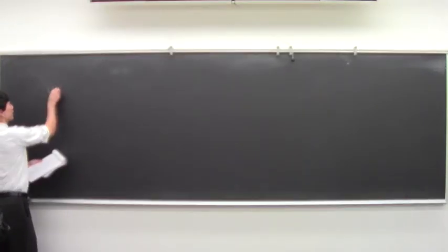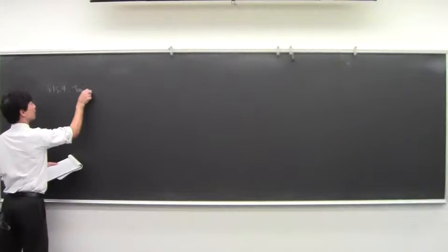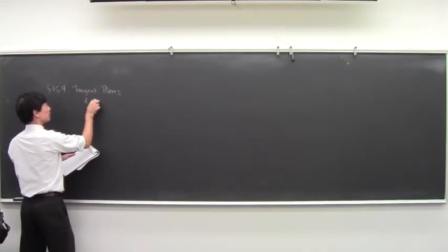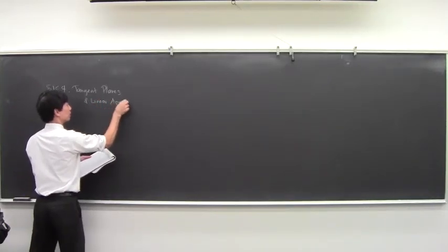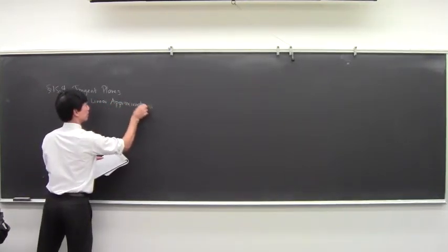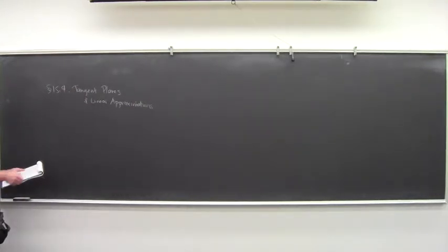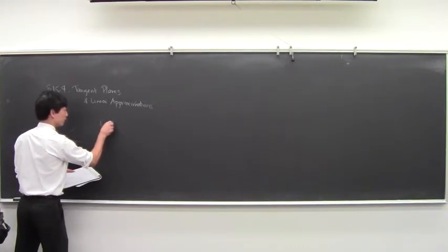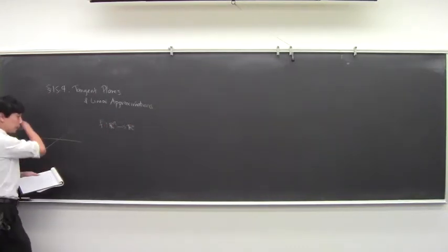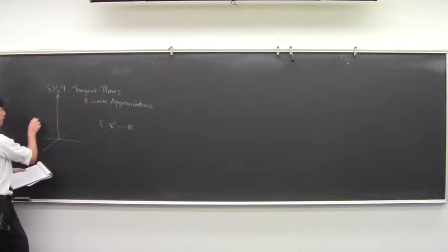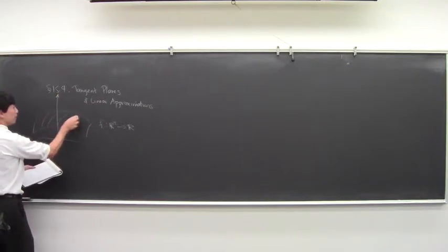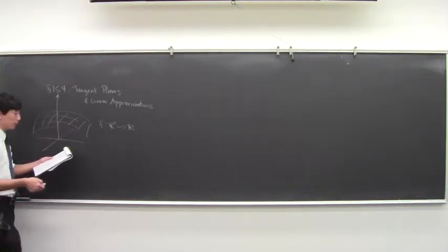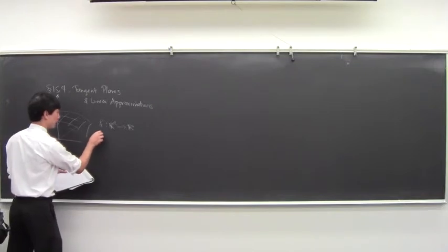We were talking about 15.4, the tangent plane, tangent planes, and linear approximations. Just to remind us, we were looking at a function which went from R2 to R, so it's a function whose graph gives us some sort of surface in R3. And we were talking about a tangent plane